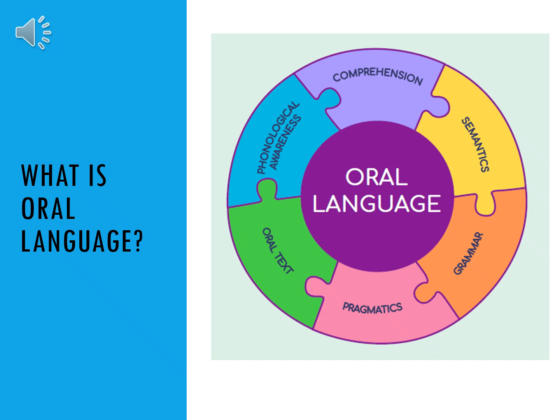The 6 areas of language are comprehension, the understanding of language; semantics, words and their meanings; grammar, which includes word structure and the way we organise words into sentences; pragmatics, our social use of language; oral text or narrative, the telling and retelling of a series of events; and phonological awareness, the knowledge of the sound structure of language. Each student who attends Peel Language Development School has a developmental language profile which outlines specific language goals that they are working on within each of the 6 areas of language.